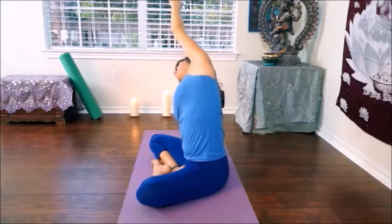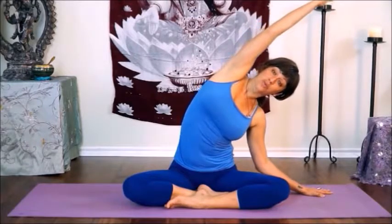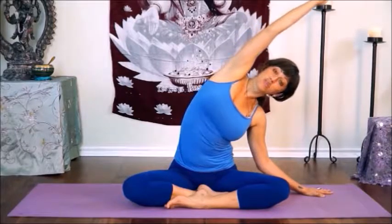Then let's come all the way up and switch sides. So bring your left hand over to the left or onto the edge of your seat if you're sitting in a chair. Then reach your right arm up and over at the same time that you ground down with your right hip. Reach all the way through your fingertips